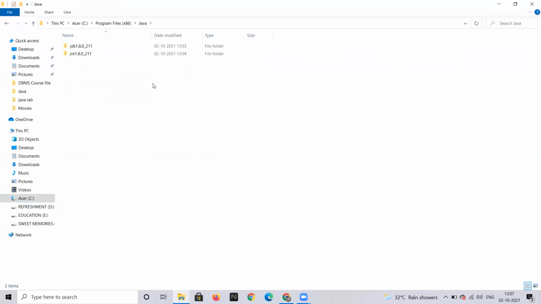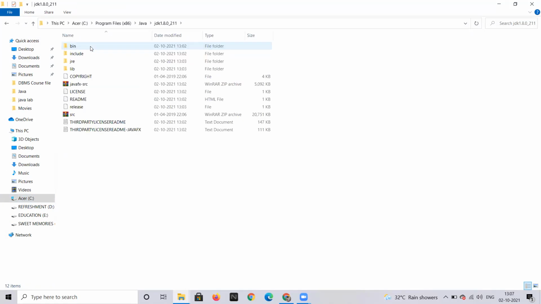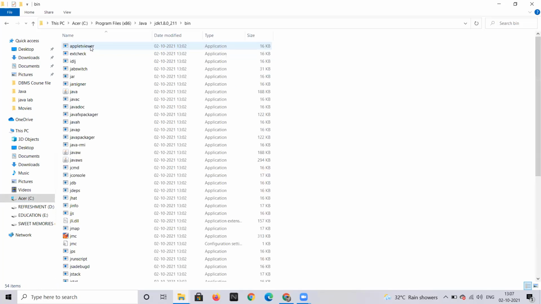Here we have two folders available: JDK 1.8.0_211, and another important folder, JRE. Please click on JDK. Next, please click on bin. Here the packages, the applications and the libraries are available.